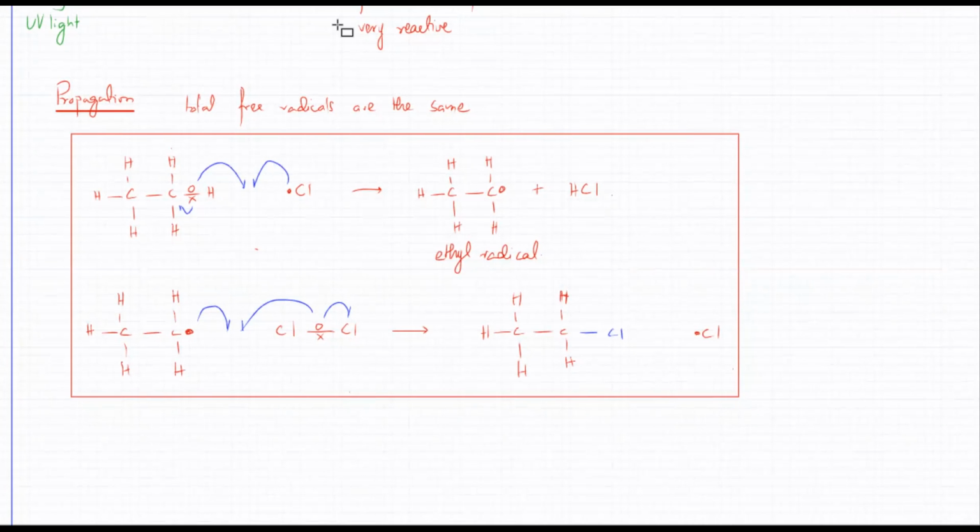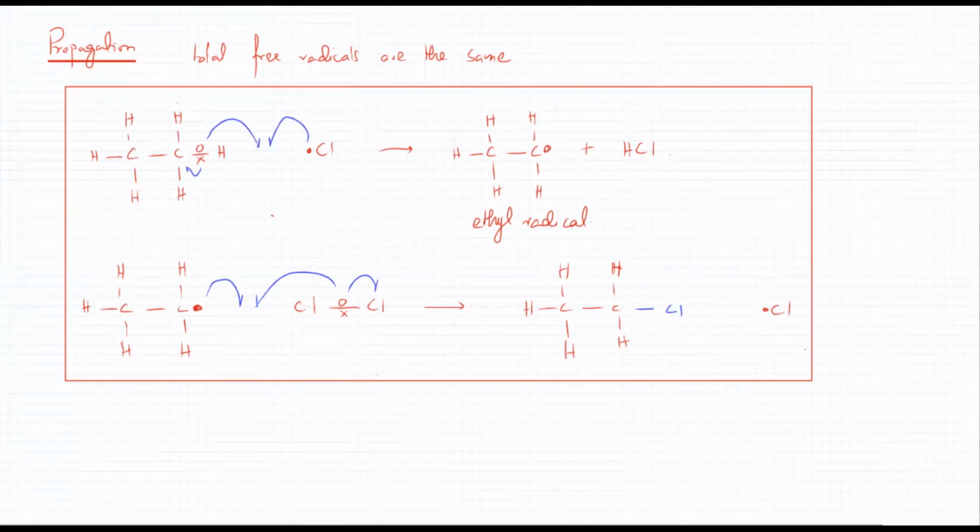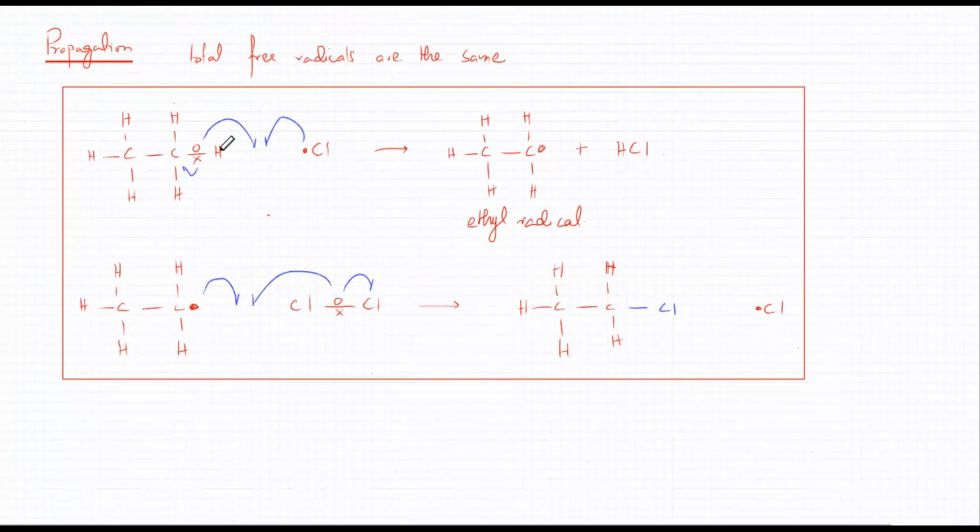The first step, let me just revise. Cl radicals were produced in the first step. Because of UV light, you got these very reactive Cl atoms. They pulled the hydrogen atoms away from the entire molecule, joined with them and turned into HCl. And the carbon atom was short of one bond, so it became a radical. Now the carbon atom would want one of its electrons back. So it's going to try and pull a Cl atom from a Cl2 molecule, bond with it, and the Cl radical is produced again. So is this clear, the two steps?